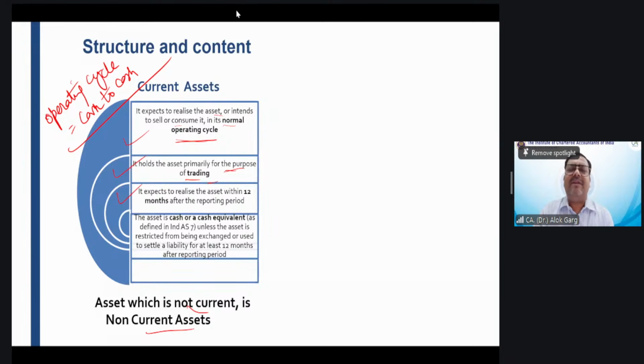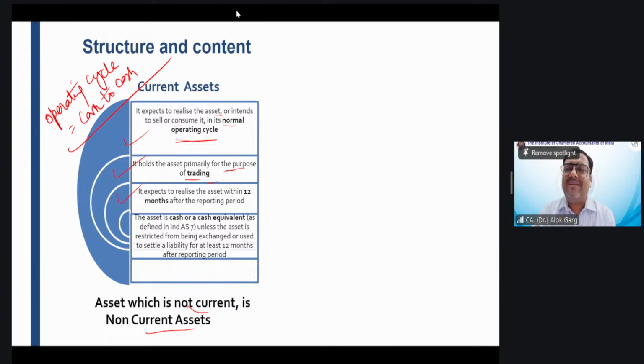Now, Manoj, you have just snatched the situation which is on my tongue. Sir, what if a company has 5 offices, and the company knows that I am going to shut down one of my offices in 5 months? If a company is shutting down one office in the next 5 months, whether it will impact the going concern of the company? No, it will not impact the going concern of the company.